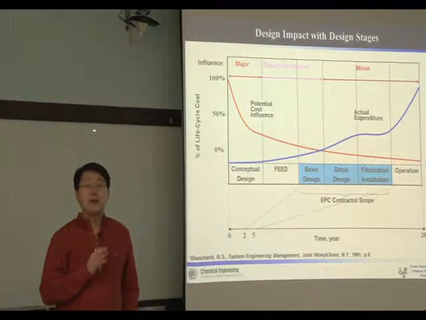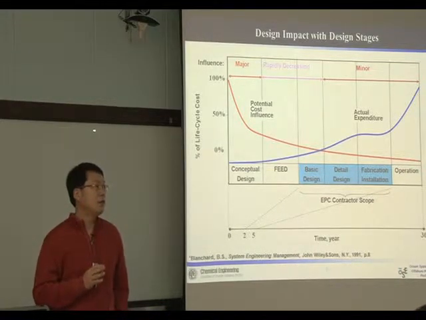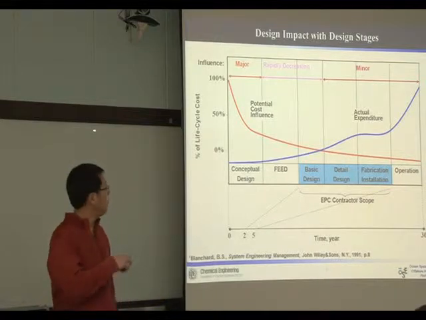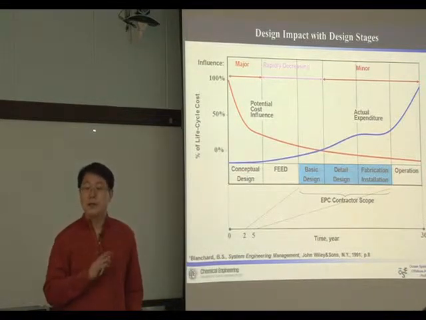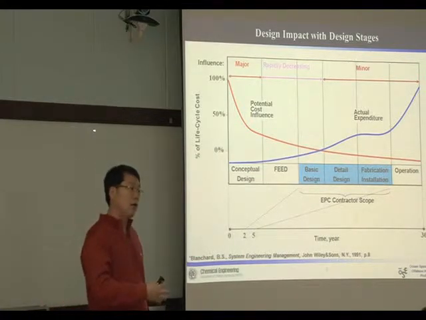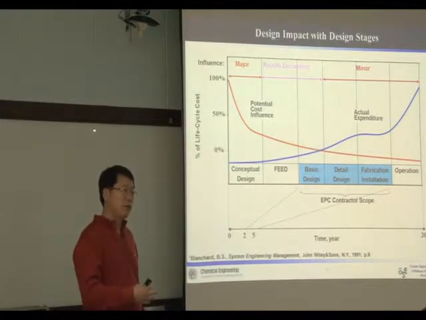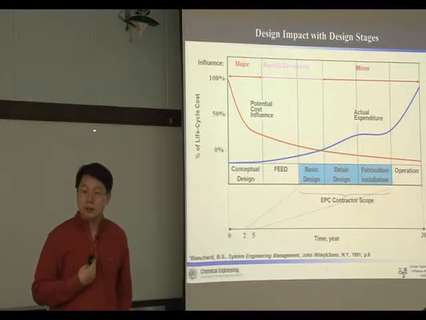It is the case even for the risk analysis. Risk control in the early stage is very important, but in order to estimate the risk, we need kind of detailed information of the plant. But we don't have it. So we should be smart in the early stage.